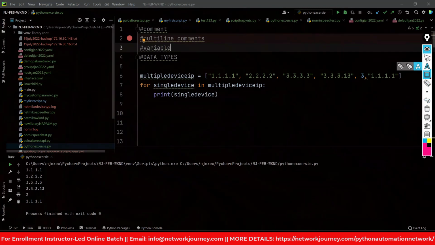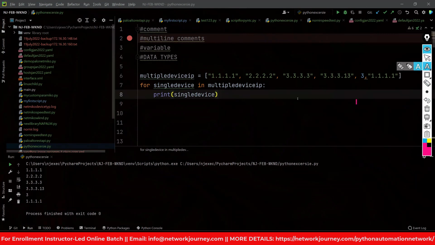Okay, so this topic has not been taken up yet. This topic is under loop iteration, and the format of writing a for loop is that